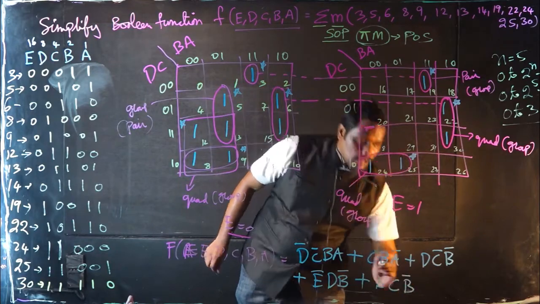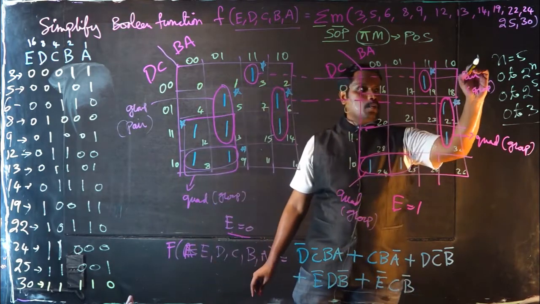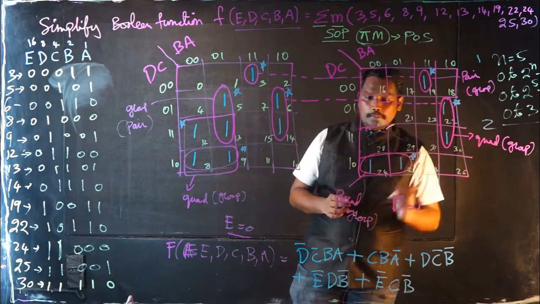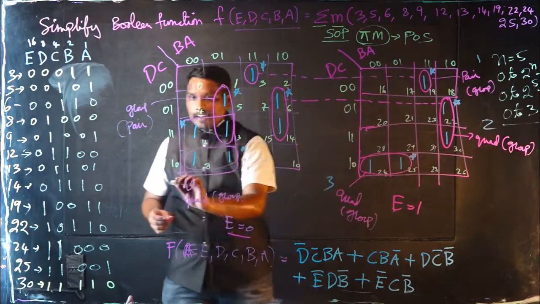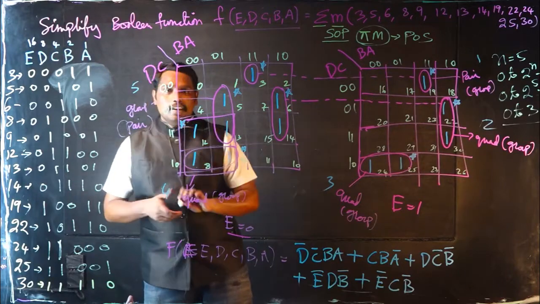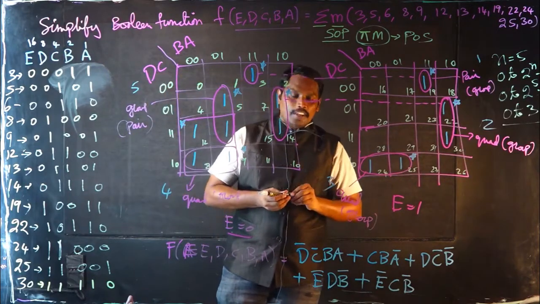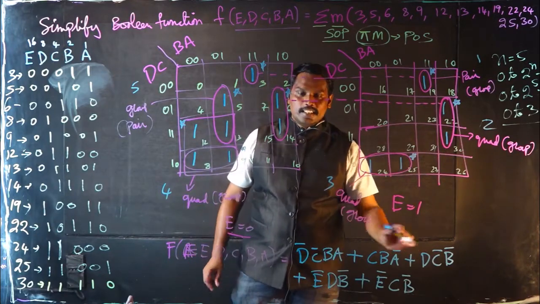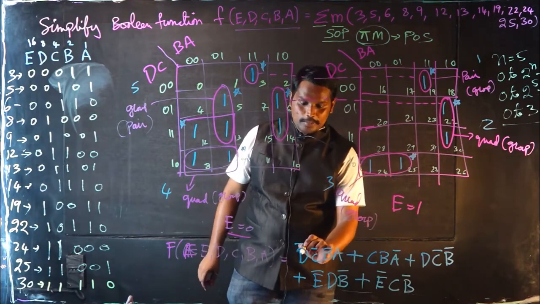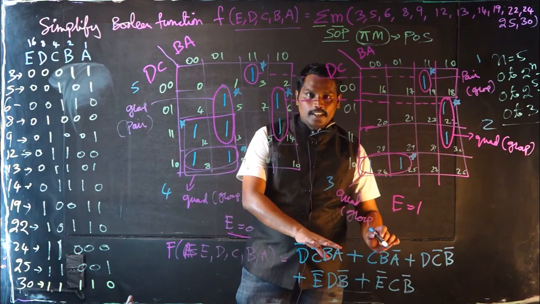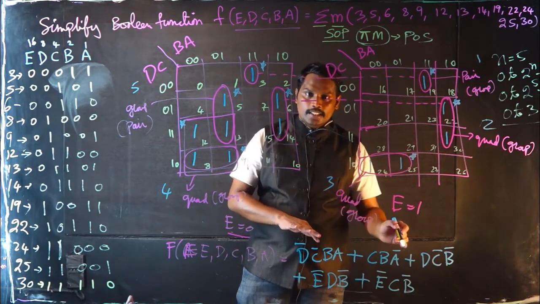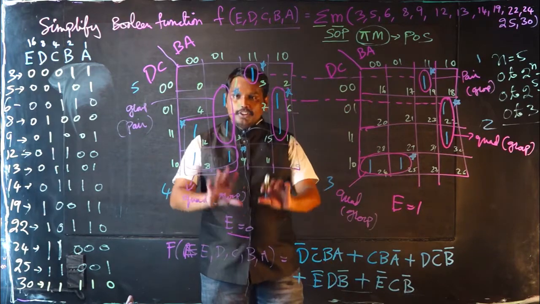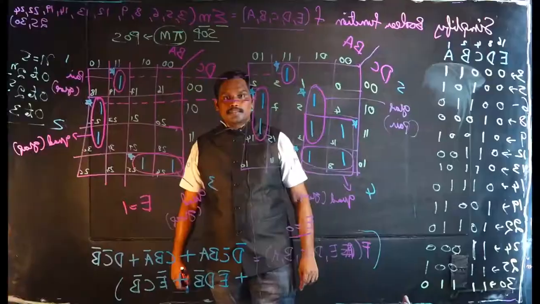So now how many groups are there? Group number 1, group number 2, here group number 3, here group number 4, and here group number 5, and I have 5 expressions or 5 min terms. Now you see how many literals there are, meaning you have to count individually. So D bar, C bar, all are literals. Variables are A, B, C, D, E, and literals are whether it is in bar, complemented, or uncomplemented form. So this is how you are going to construct a 5-variable expression.